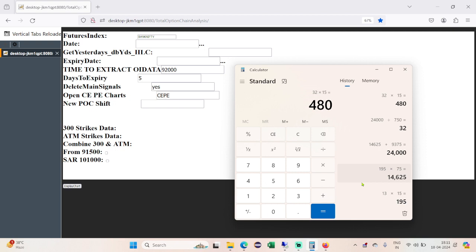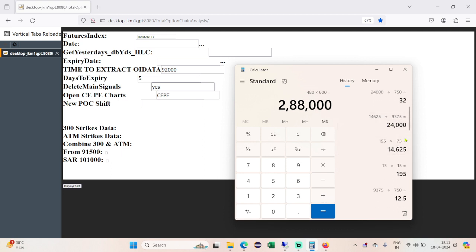Okay, so 480 into, let's suppose on a good day the option premium, whether it is call or put, is 600 rupees. So that would be your actual requirement, 2,88,000 rupees to trade the fourth entry. But remember, we lost 24,000,